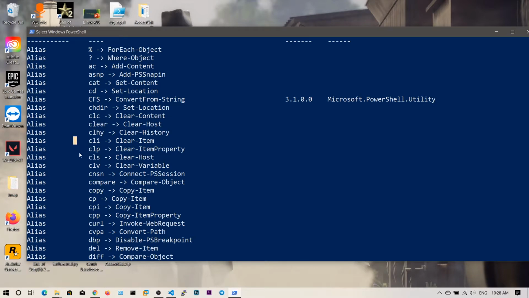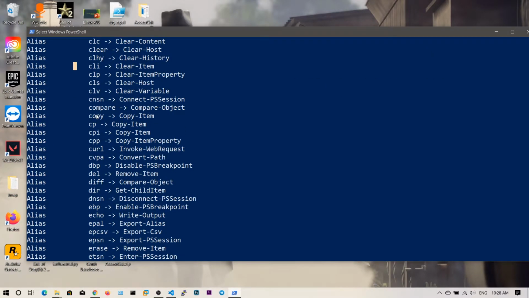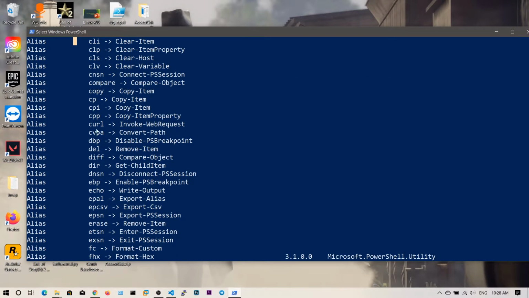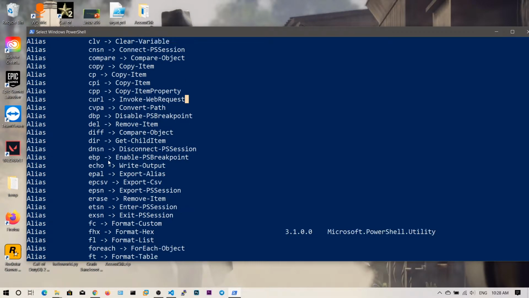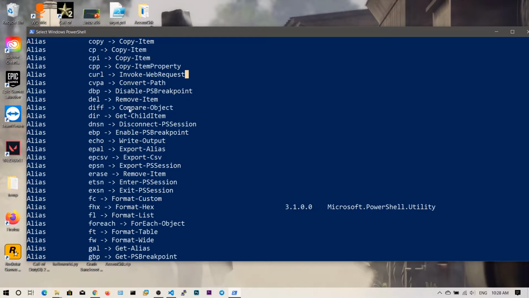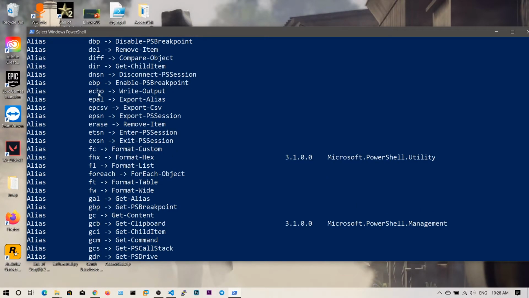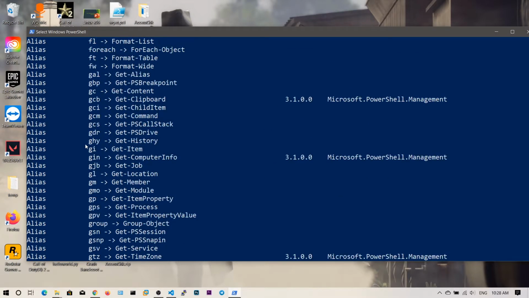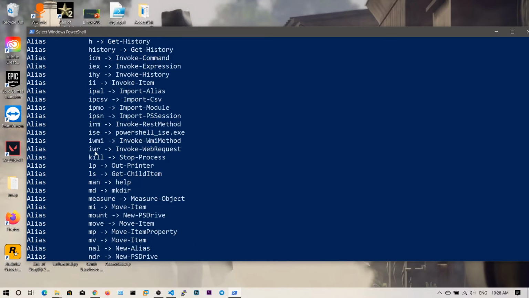You can see there are so many aliases. These are all the Linux aliases. You can see copy and cp, both are the same, you can execute either one. You also have curl, Invoke-WebRequest, and diff to compare two objects or two files, and echo to write the output.